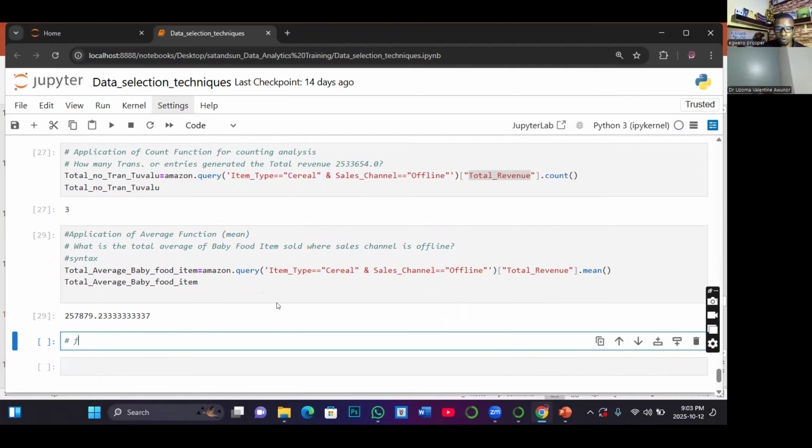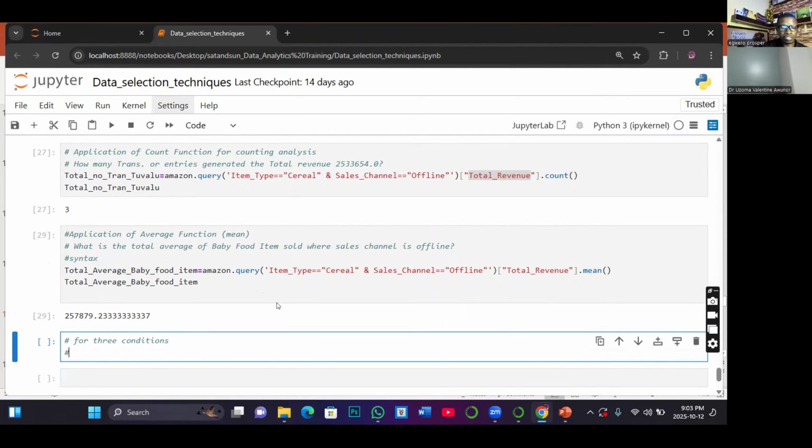So let's say for 3 conditions, and what is the analysis task? The analysis task is what is the total profit from baby food item type,